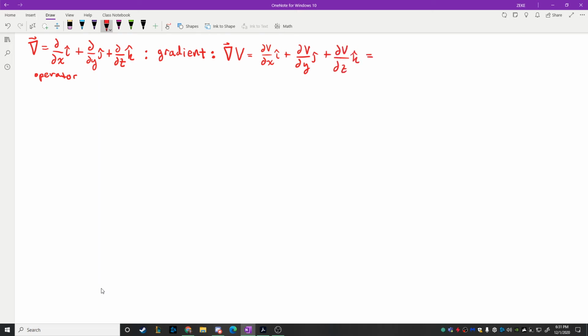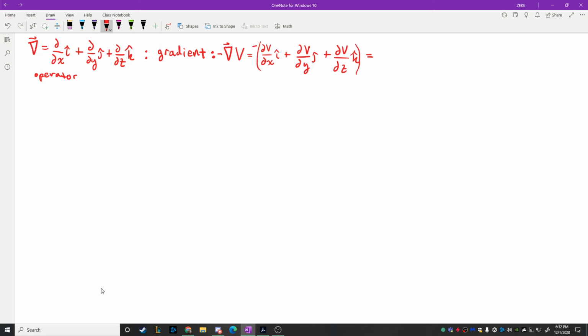And it turns out that this, if you look at the units of it, has the exact same units as the electric field. V is potential, electric potential, or voltage. Voltage divided by distance is like volts per meter, volts per meter, volts per meter. So this has the same units as the electric field. And we have a relationship that we derived earlier in this class, which is that if we take the negative of the gradient,